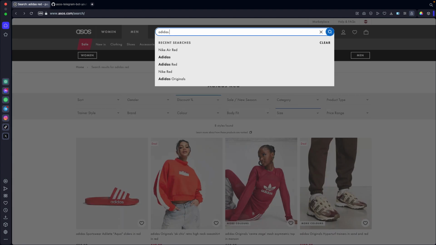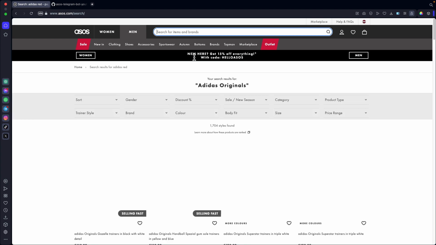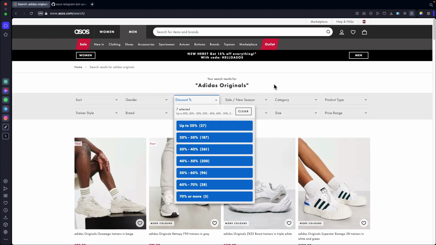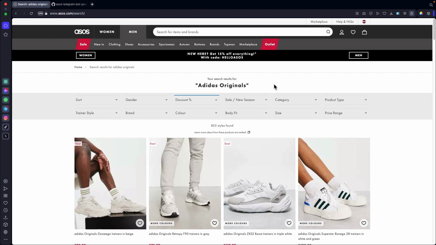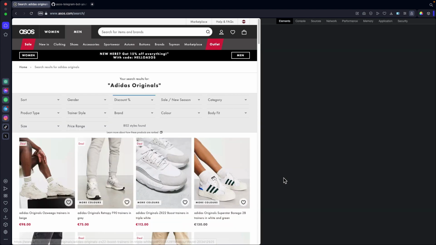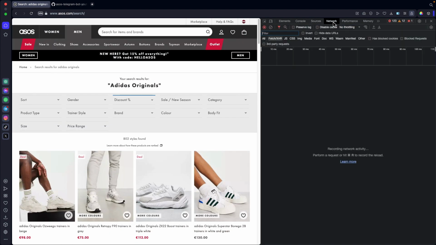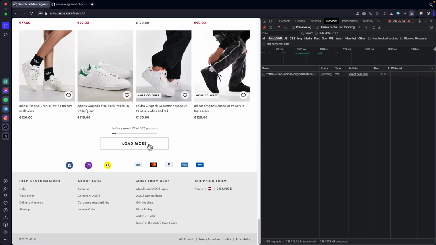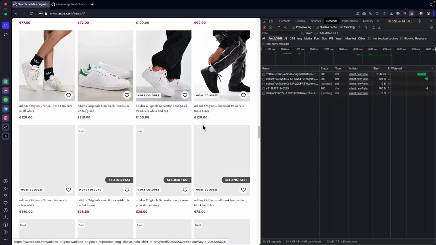Having done some research, I found that by searching for a product like Adidas Originals with discounts only, in the developer tools that you can open by right-clicking and choosing Inspect element, within the Network tab, after loading more products, you'll find a specific URL request.